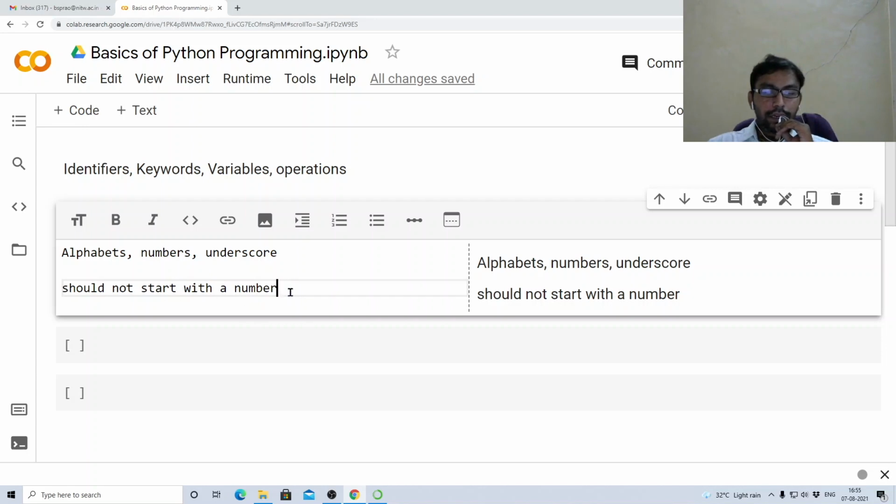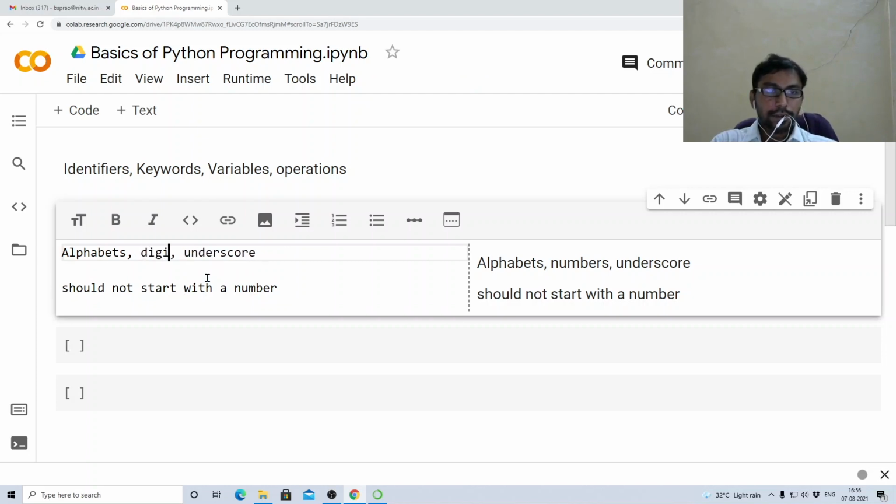Similarly, some punctuation characters like @, dollar, percent are also not allowed in an identifier name. So only these are allowed: alphabets, numbers, underscores, and never start an identifier name with a number. It means digit. Rather than writing number, let me write digits.